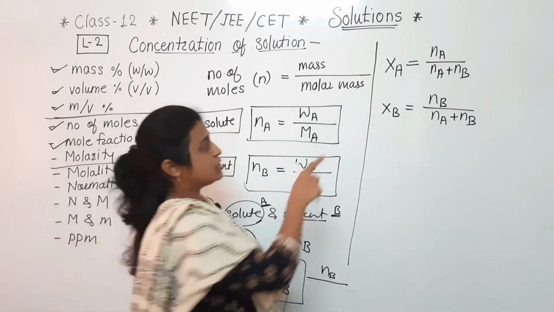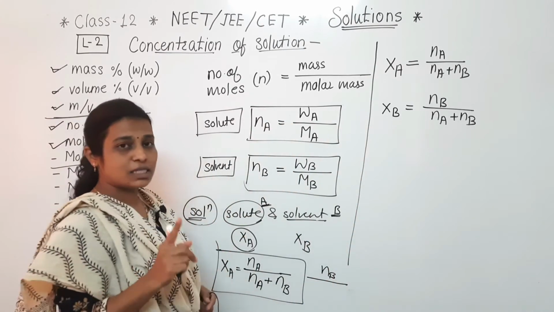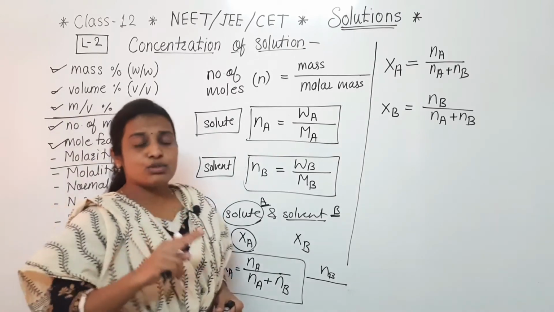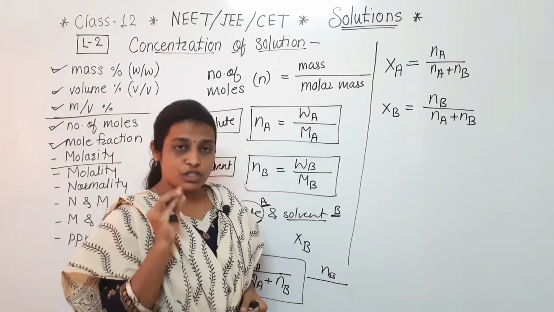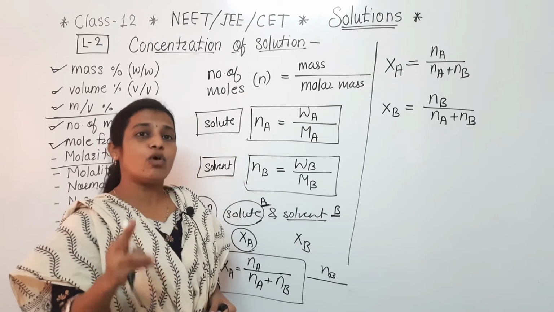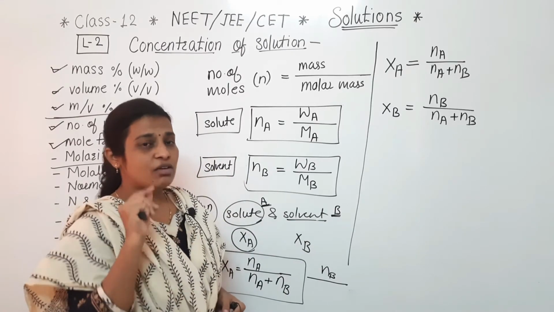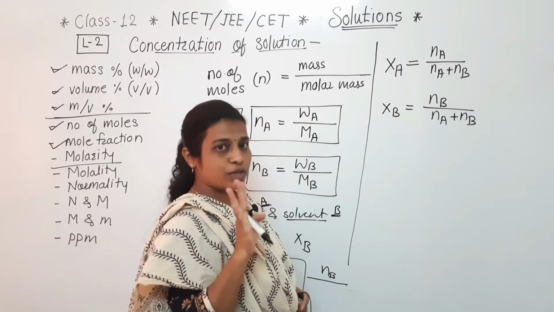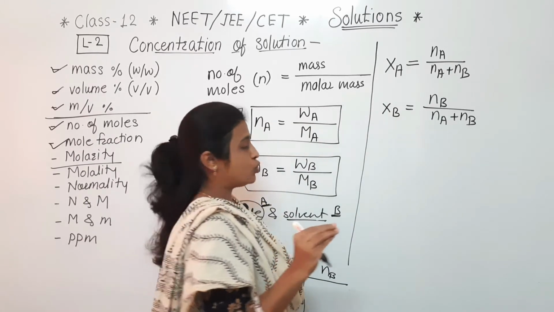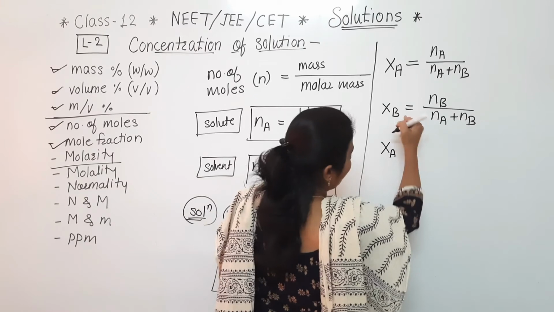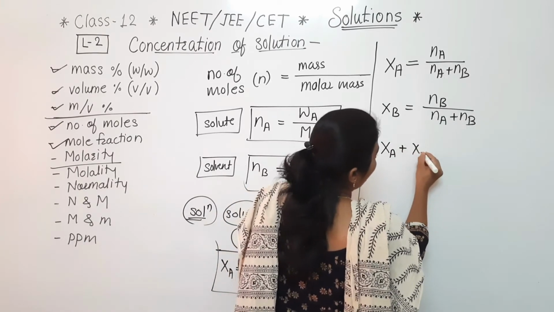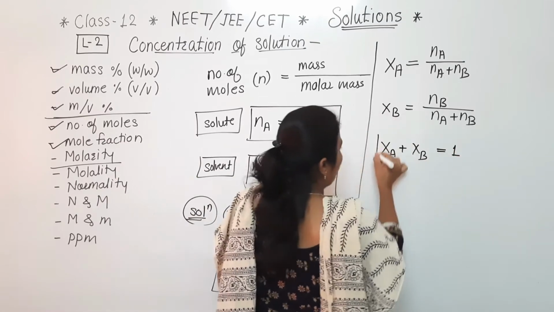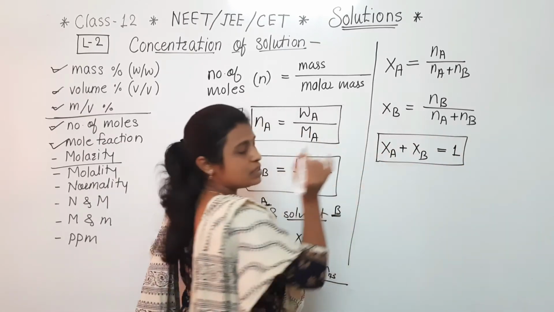अभी और एक चीज यहाँ पे हमें पता होना बहुत जरूरी है. कौन सी? देखो, जब कभी भी सॉल्यूशन प्रिपेयर किया है उसमें जितने कुछ भी कंपोनेंट्स यूज किए उन सब के मोल फ्रैक्शन की सम होती है 1. Here, solute and solvent, only two components we have used to prepare the solution. So the mole fraction of solute and the mole fraction of solvent, इसकी sum is always 1.